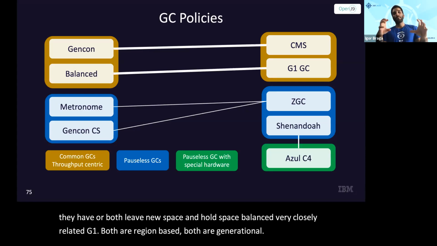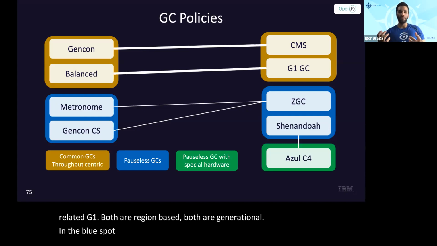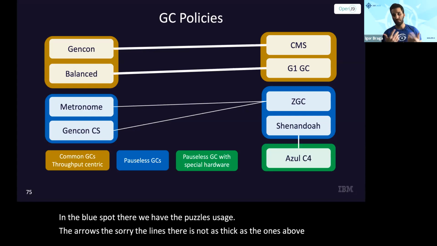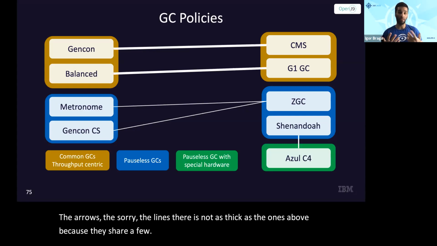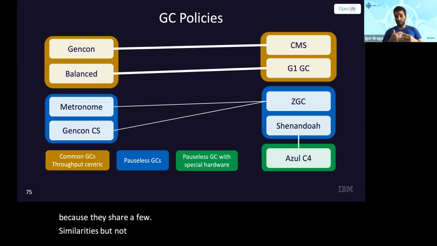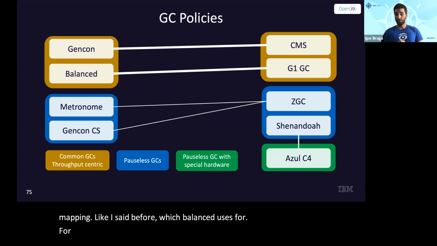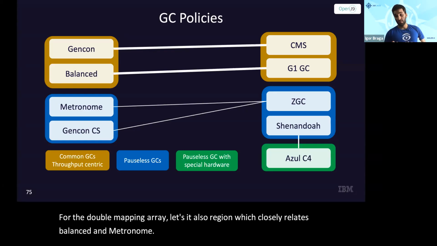In the blue spot there, we have the pauseless GCs. The lines there are not as thick as the ones above because they share a few similarities, but not everything. For instance, ZGC has multi-mapping, like I said before, which balanced uses for the double mapping of arraylets. It's also region-based, which is closely related to balanced and metronome. It does have a copy collector, and